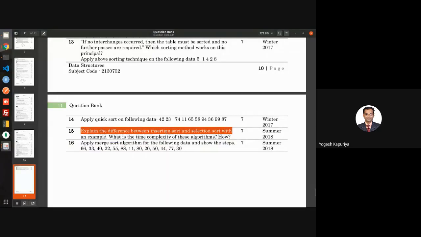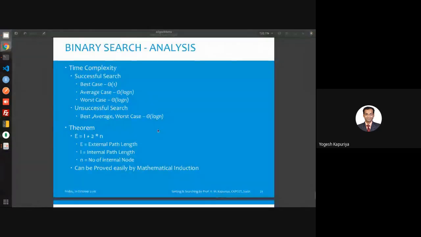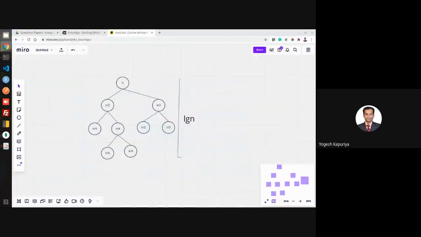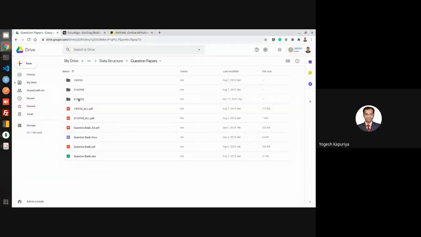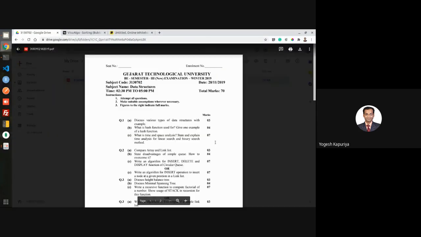So that we will discuss later because you don't know what is insertion sort. And finally, the merge sort. So these are I think the questions till summer 2018. And it is the same in 19 as well. That means the questions were same, I think. So this was a 2019 question paper.